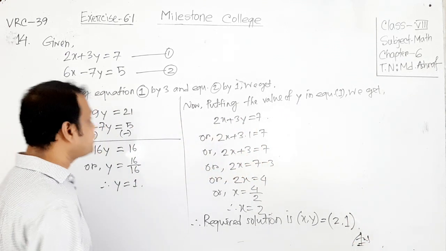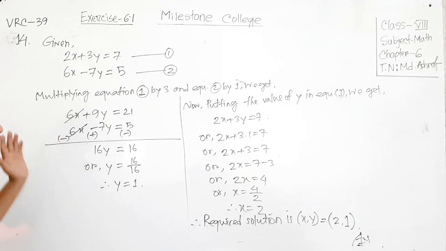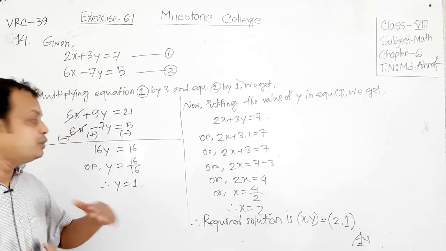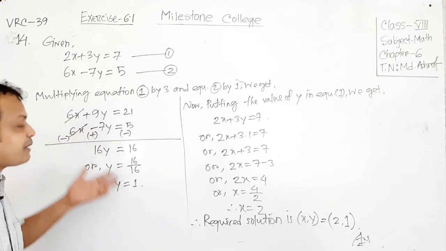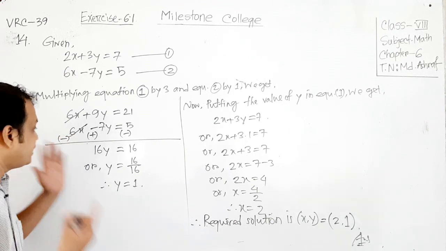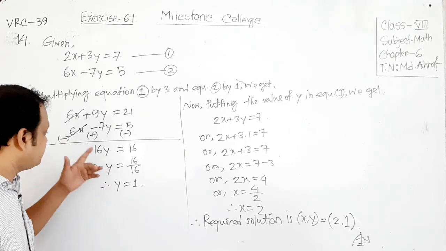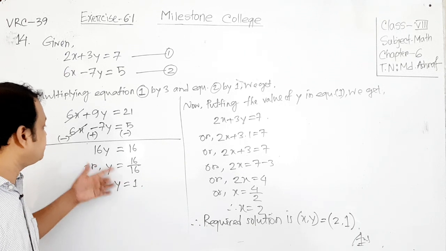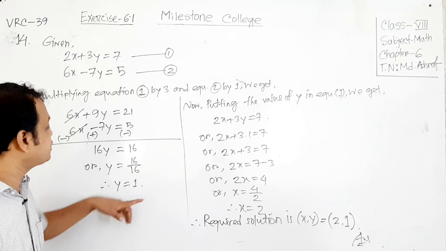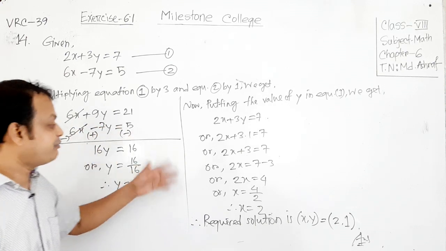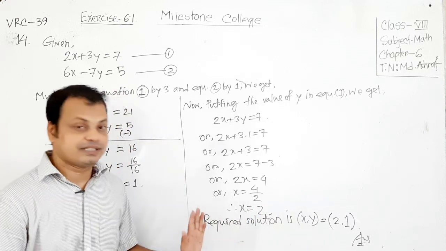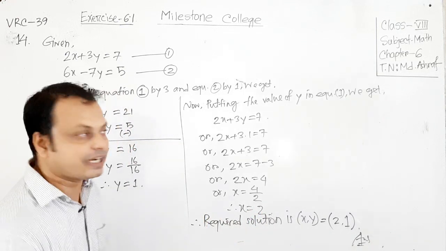I think all of you have got this point. So this is the elimination method. At first we have to eliminate one variable. For this, if we need to make the coefficients the same, we can do it by multiplying or dividing. After eliminating, we follow the normal way, then we get the value of one variable, then put this in any other equation, then find the other variable's value, and finally that will be the result. I think all of you have got this one. Now we will start another one.